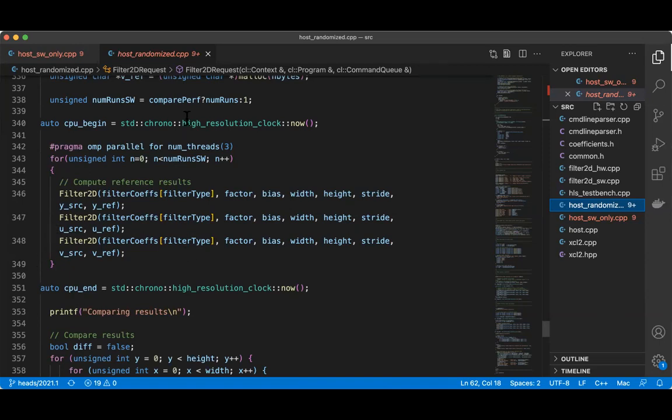You can see there are three channels, YUV. Pay attention here: this Y is YUV, think of them as RGB. These three channels are computed in parallel using three threads. And this OMP parallel is an OpenMP pragma, which automatically parallelizes this code.